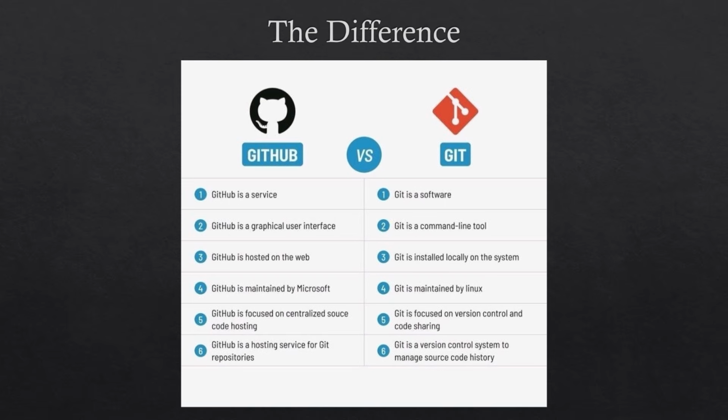code history. I think this sums up perfectly the differences between the two and where you're going to use them. Honestly, when you're working on a project on your local machine, you should be using Git for the most part. But then when you want to save and store and share all these different things, you're going to connect it to GitHub and then use that platform to disperse, save, and have that history of your